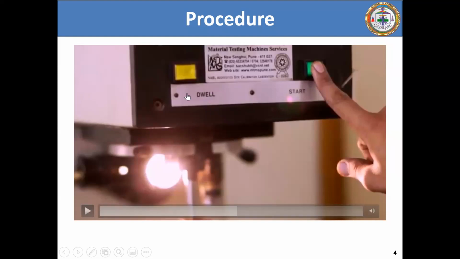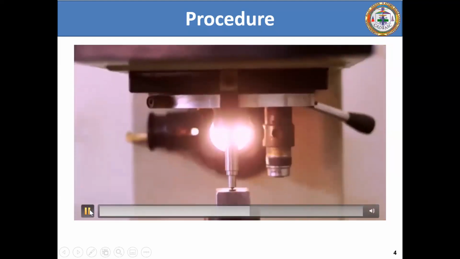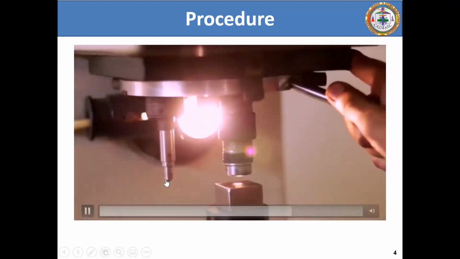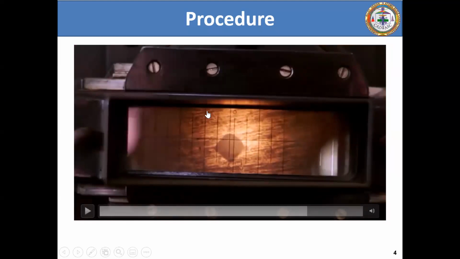This is the machine. This is the Vickers hardness machine, the micro hardness testing machine. You just switch on the button. See what is happening. Now this is going to indent. See, this thing is indenting, and after indenting it has been removed, and then they have put on the microscope. That was the microscope, right? Based on this, this is the microstructure. It has not been polished at all. See, there are so many scratches, but it's fine. So now what exactly do we see here? I was initially saying that you will see a square. You see a square, but you have the indents which are round.